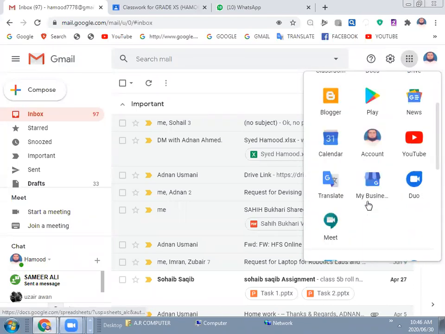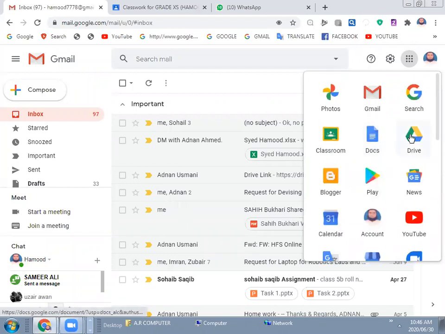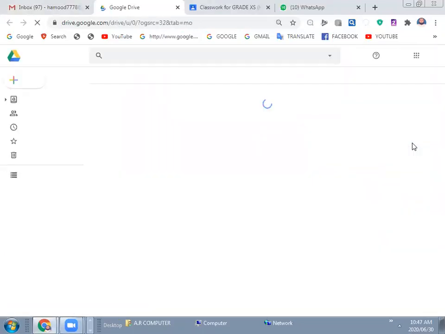Now, what you want, you can do here. Docs is shown here. The other way is to open Google Drive. You have opened Google Drive, right?